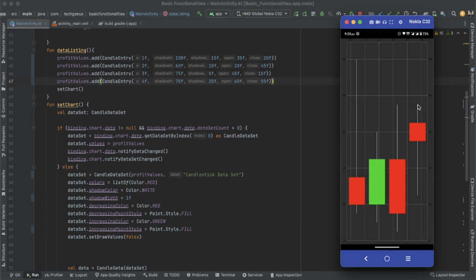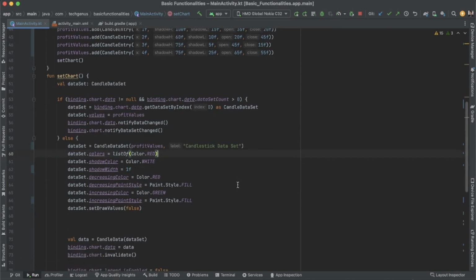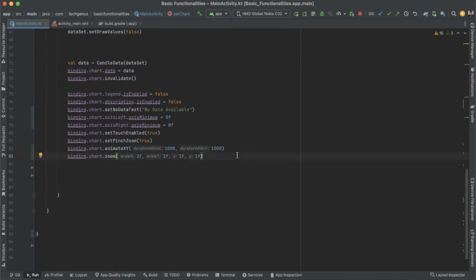The shadow height, this 75 line 75, and then the open is 65, then going down to 55, and the shadow low is starting from 25 going down. So that's it. So lastly, for the tutorial, we can add this another